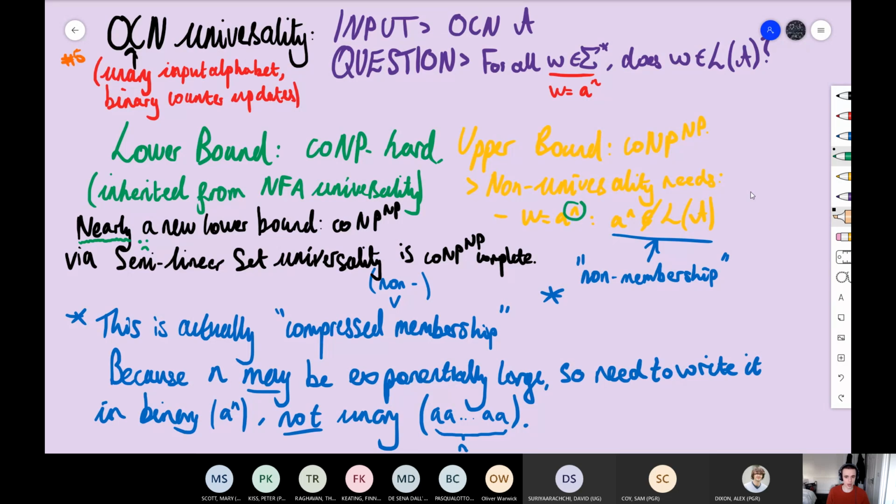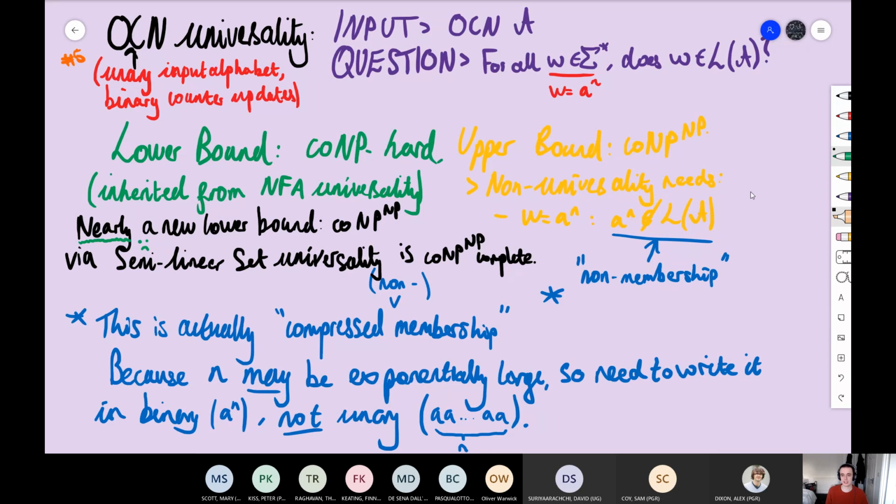And this is kind of the same as membership in a way. But we don't know N, right? N could be really big. Like this one counternet may accept all A to the N up to N a million, right? So that means it accepts all words with a million or fewer A's, and maybe it accepts everything with a billion or more A's. So counterexamples are like massive in size.